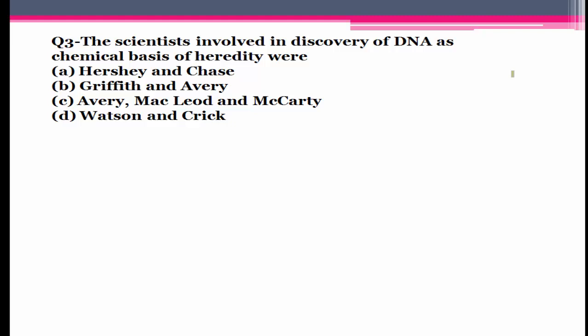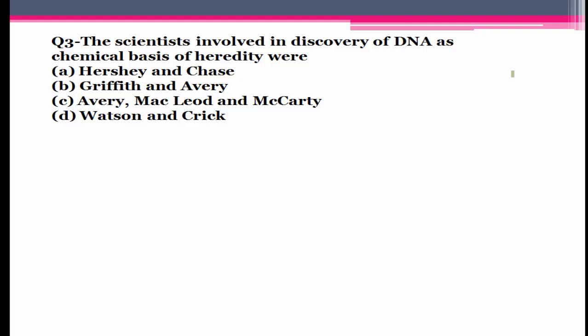But when R strain Streptococcus is converted into S strain, some questions remained unanswered, because when the S strain bacterial strain is heat killed, not only DNA is coming out, along with that the RNA molecule, protein and other molecules are also coming out of the bacteria. Then which one is the accurate molecule responsible for the conversion of R strain into S strain?